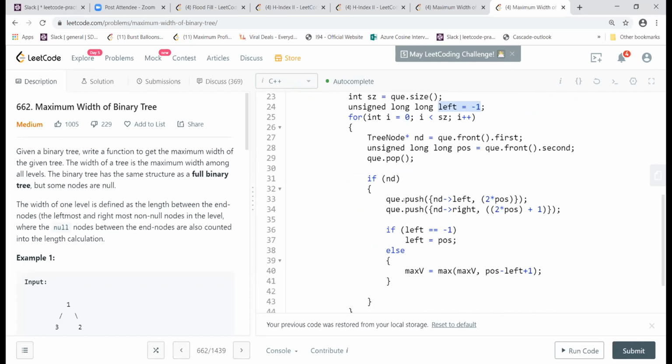When I check for this node, whichever I have popped from that queue, the first one, I'm putting the left and right positions, multiplied by 2 plus 1, 2 plus 1. And then if left is equal to -1, that is the first position, I mark that as left. Then I take the max value of the current position minus left plus 1. For the right also I'll get just 1 or 2 value. But at the end, when I go for that level, whatever is maximum will always be there.